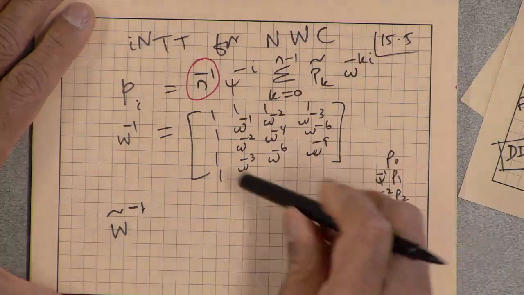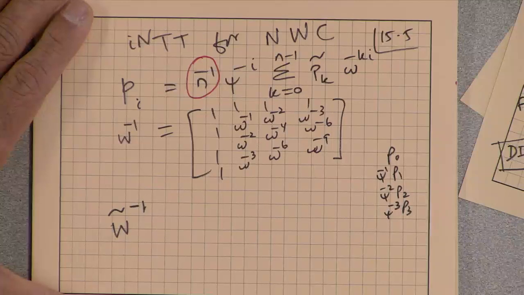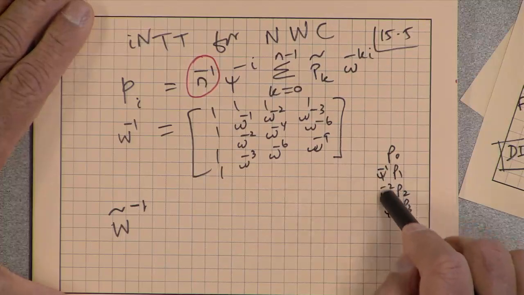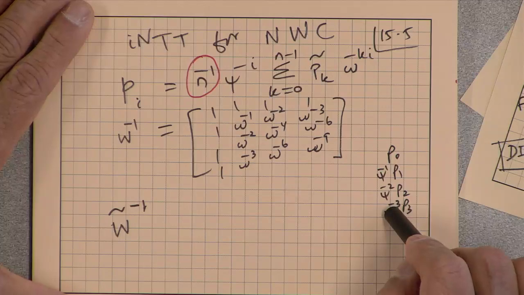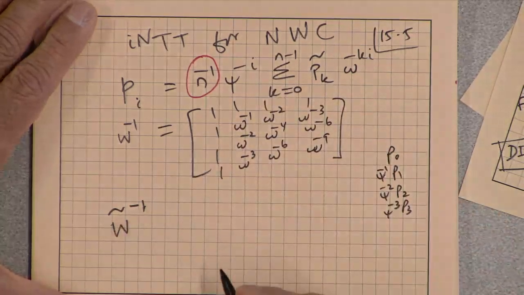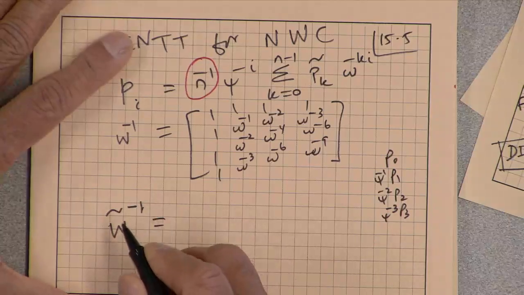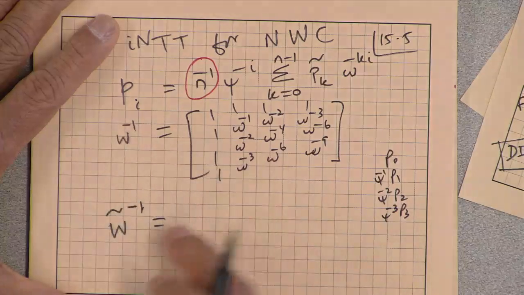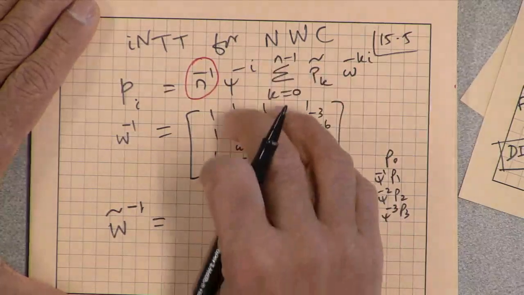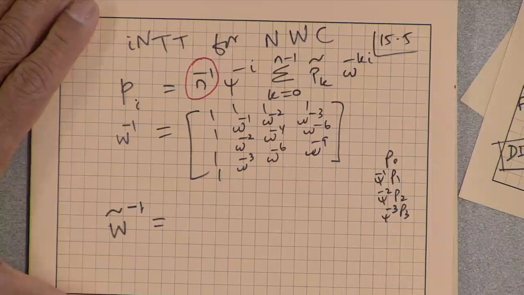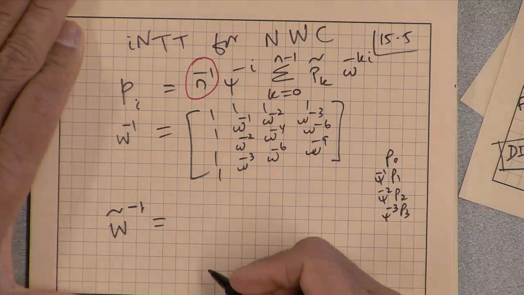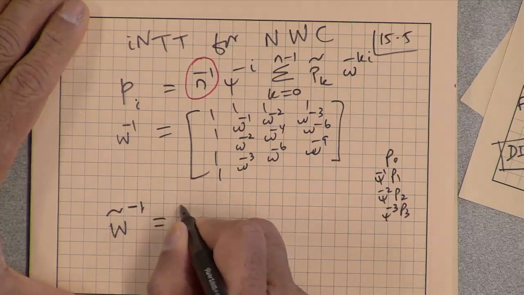And what does that mean? How do I modify this inverse matrix, the standard matrix, so that I can capture the effect of multiplying by these things, the so-called post multiplication. If I put these quantities inside this and call that W tilde inverse, then the P vector is going to be this matrix times the P tilde vector. And I don't have to worry about that because that's now part of this W tilde matrix. So what would that look like? That matrix would look like